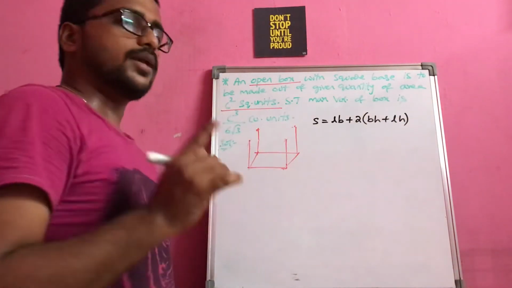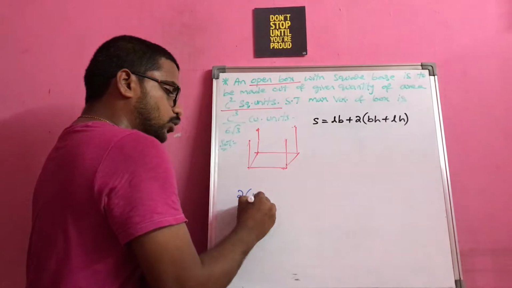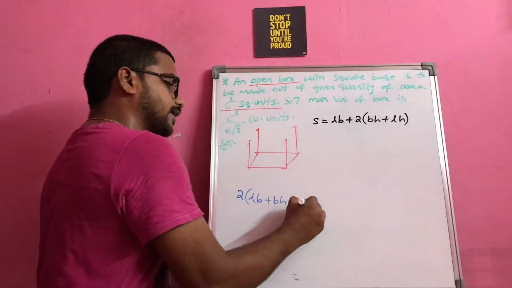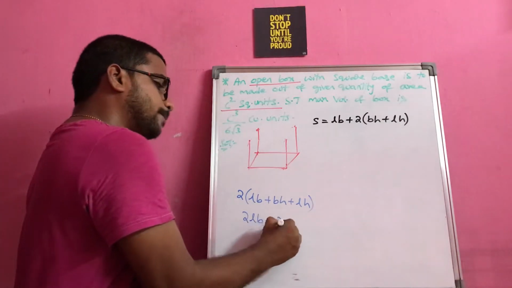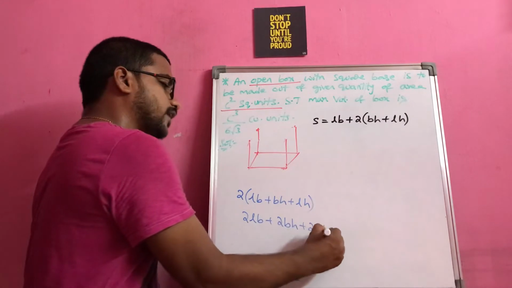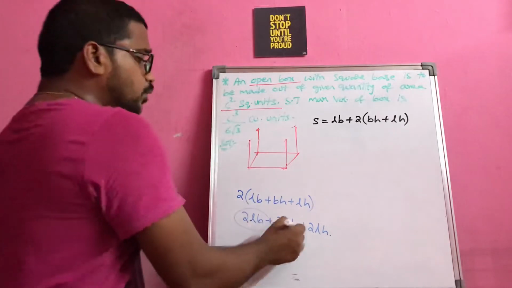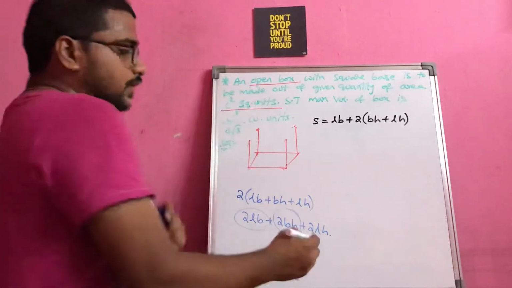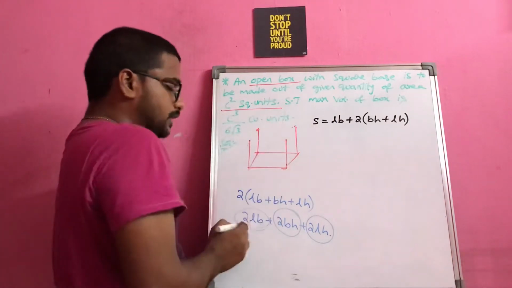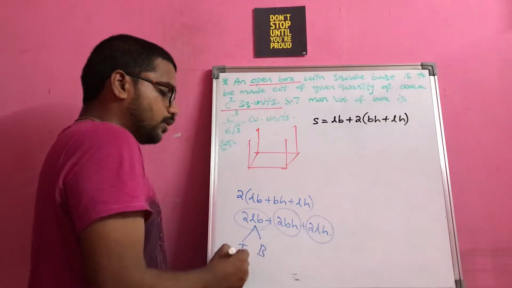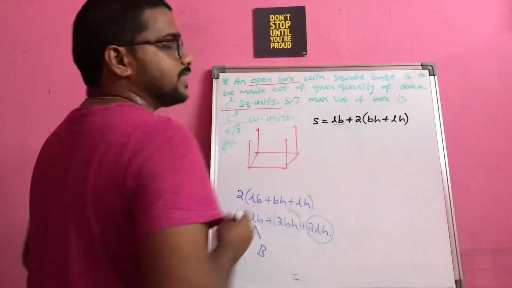I will just explain one more time. Please try to understand one more time. Usually our formula is 2 times (LB plus BH plus LH). This is the formula for total surface area. Let us expand this. 2 times LB, 2 times BH, 2 times LH you have, right? So 2 times LB represents top and bottom, 2 times BH represents side faces, 2 times LH front and back faces. Now they are saying it's an open top, so in this top and bottom you don't have a top at all. So you have to consider only the bottom area. That's why S is LB.